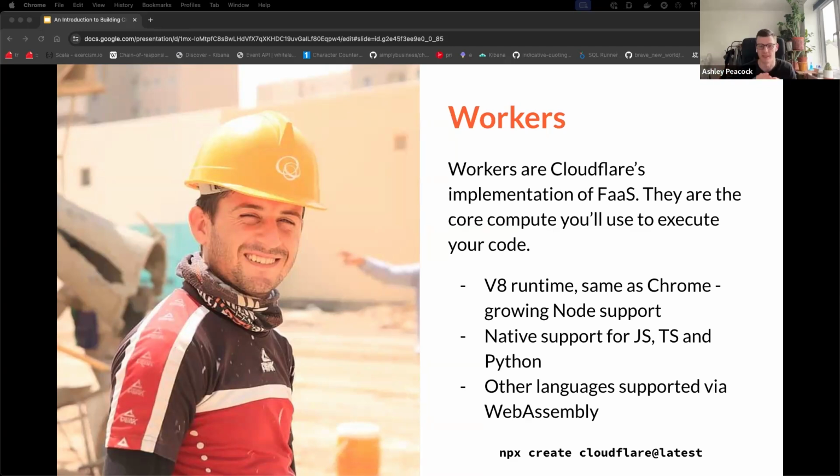It's like a few milliseconds, but it's long enough for Cloudflare to load your code into memory, and then your code is ready to go. So there's no cold starts whatsoever. You don't get any delays. It's incredibly rapid. The other thing with servers, you're deploying them to one location.